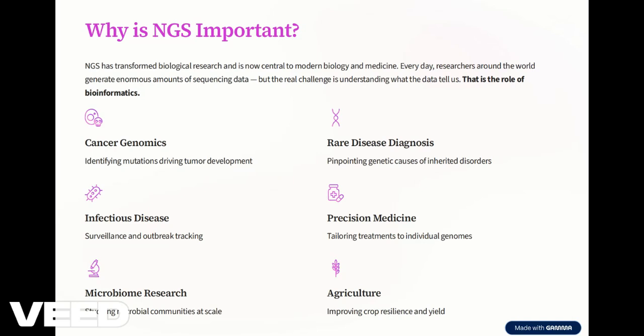Every day, laboratories around the world generate huge amounts of sequencing data, but generating data is only the beginning. The real challenge is converting the data into meaningful biological knowledge. That is where bioinformatics becomes essential.